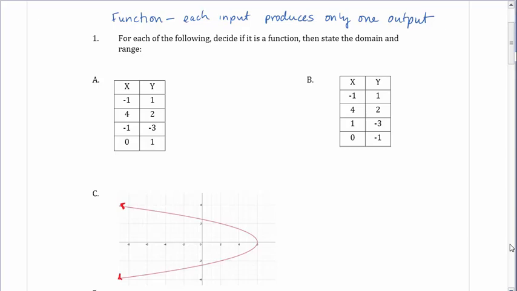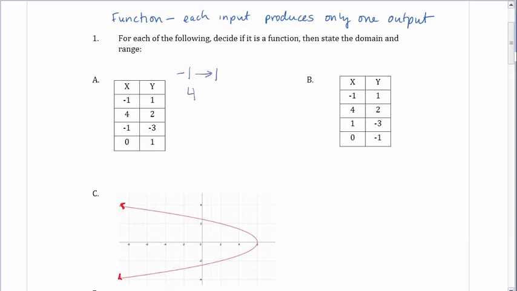So for these first problems that are given to you either as a table or as a graph, the first question is what's shown a function? And then the second question is, what's the domain and what's the range? For each of the tables given, what you want to check for is, does each input or x value produce only one output? So when I look at table A, what I see is that -1 produces an output of